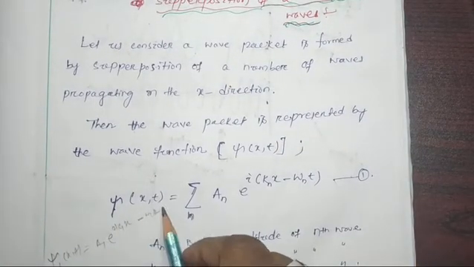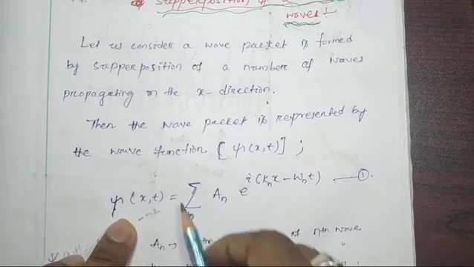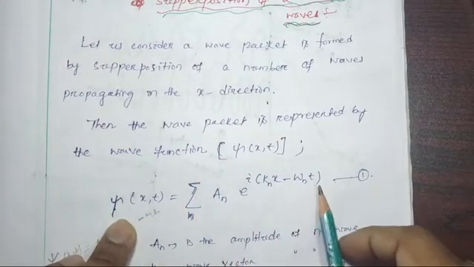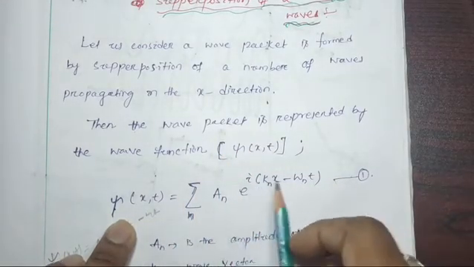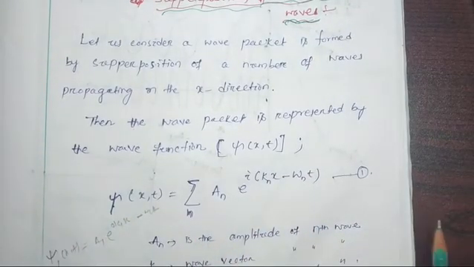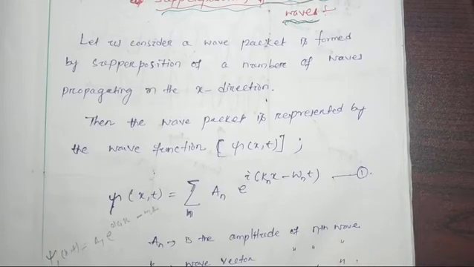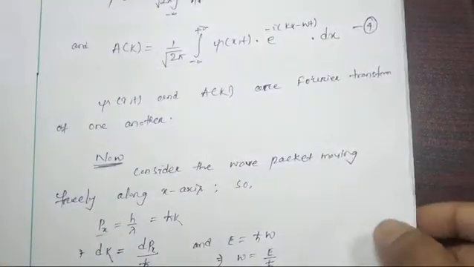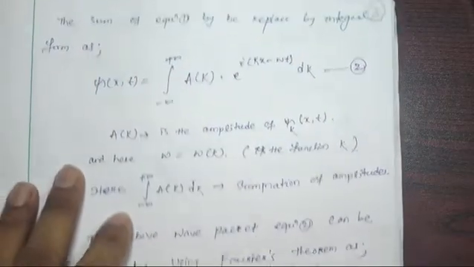So this is the wave function of the wave packet, which is the summation over the n number of plane waves, which are propagating along the x-axis. Here a_n is the amplitude of the nth wave, k_n is the wave vector of the nth wave, and omega_n is the angular frequency of the nth wave. The sum of equation number 1